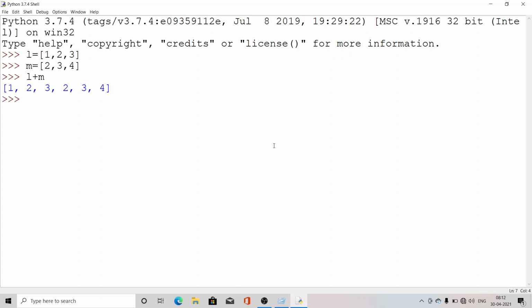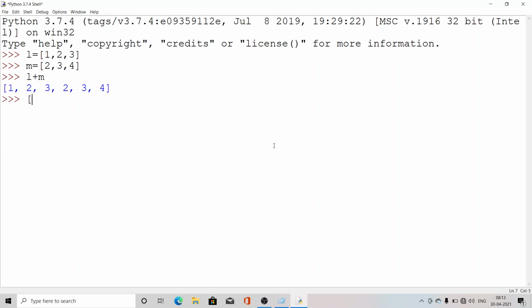So look here, it is given here 1, 2, 3, 2, 3, 4. These are the 2 points that you always have to remember. First one, if we are joining the list, the resultant will also be a list, and the elements of L will come first, then M.